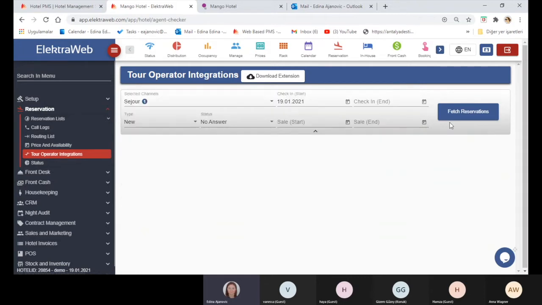We can also fetch the reservations from these different systems, and we can also confirm them into our own system and automatically have them incorporated into our own reservation list without having to manually enter them. Everything can be done automatically. So after this brief